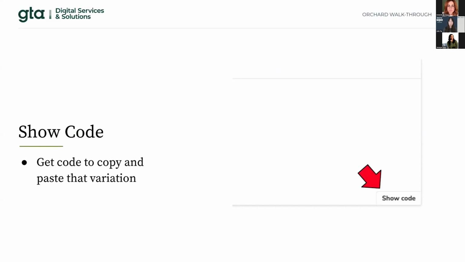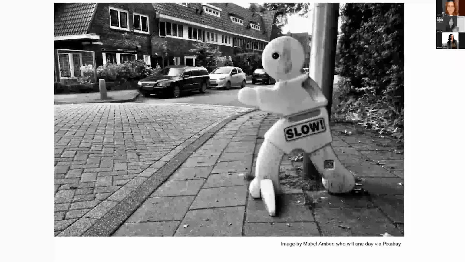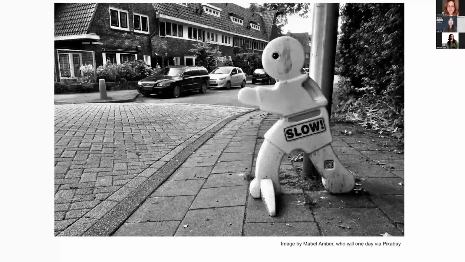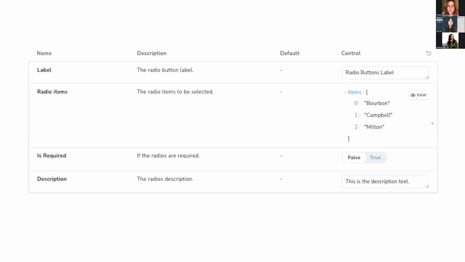So you know everything, right? Nope, wait, there's more. We have more than just best practices and component code. We truly wanted Orchard to be as user-friendly as possible. So in the next section of the page, you can make adjustments to the code without actually going directly into